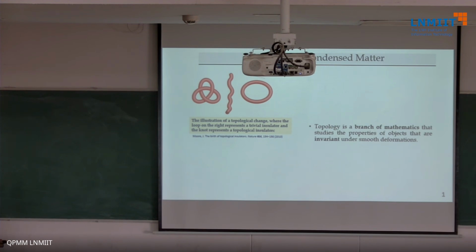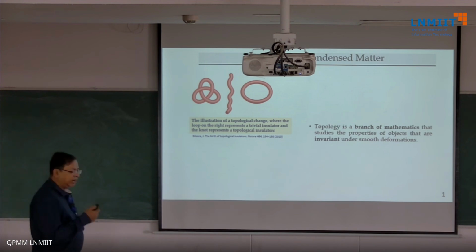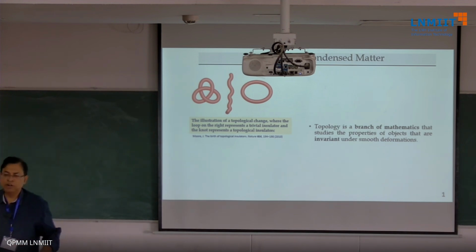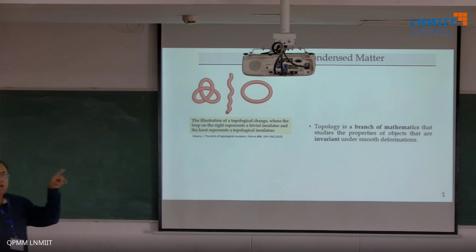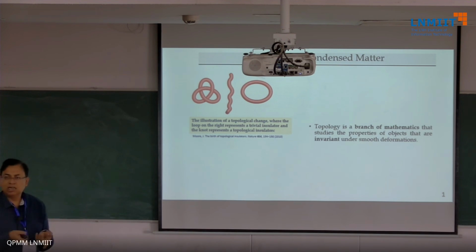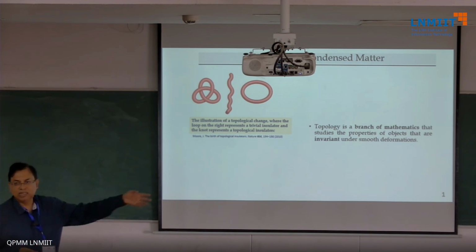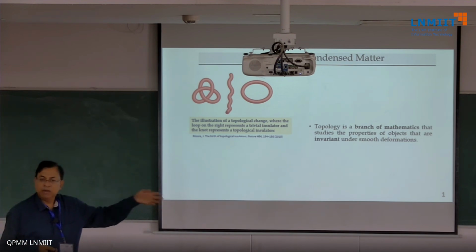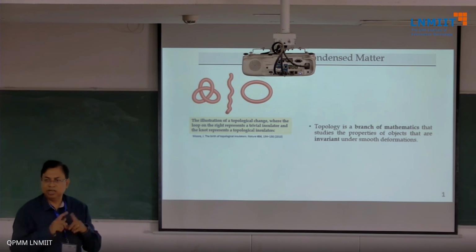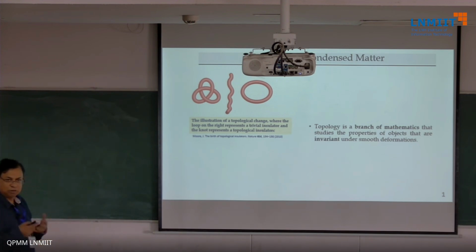It, of course, is a branch of mathematics that studies the properties which are invariant under smooth deformation. So if I draw a triangle and a square and a circle, you would, of course, say that these are three different geometric shapes, but they are topologically the same because they all are closed figures. Okay, so if you want to know in very simple language what topology is, it is the integral of a geometric quantity, and I'll show that.